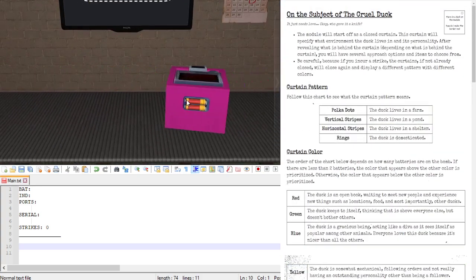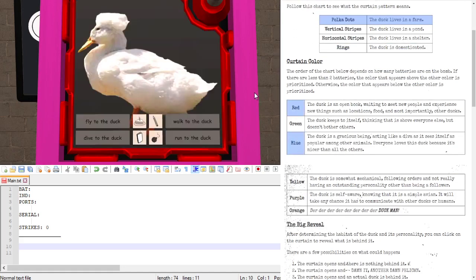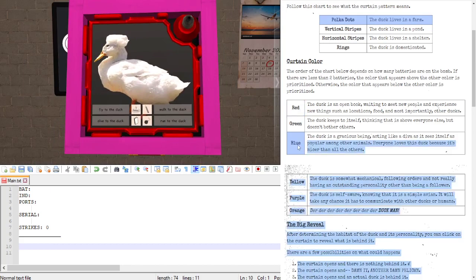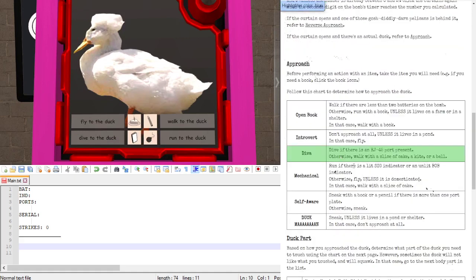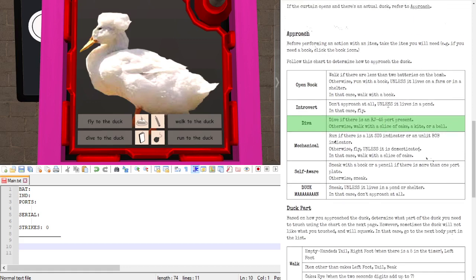Okay, let's just grind more. Now we have polka dots again. As I said, ranks would not be filled. So this is polka dots. So I have farm duck, red and blue. We click. It is a duck. We have more than 2 batteries, or 2 or more, I should say. So it's again the color that is more to the bottom. Blue means that it's a gracious being, acting like a diva. Otherwise, third from the top. So we should dive if there's RJ present. Do we have an RJ port? We don't. So we walk with a slice of cake, a kite, or a bell. I will show you now if I take a...